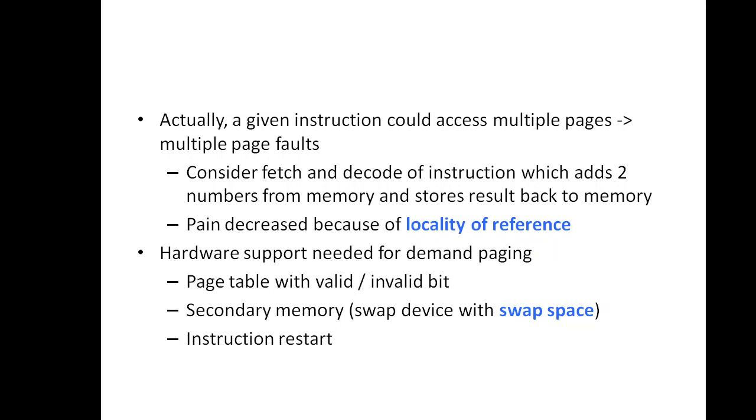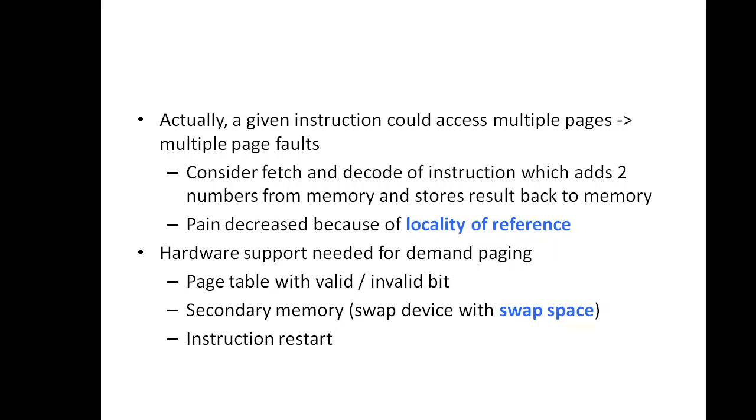Okay, next we have secondary memory. This secondary memory will hold the pages that are not in the main memory. It will usually be a high speed hard disk. It is also known as swap device because we are using this for swapping in and swapping out the pages to the primary memory, that is from secondary memory to primary memory.